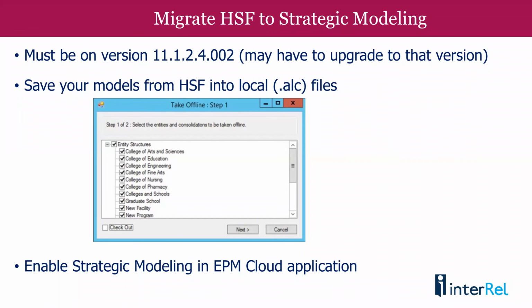Because once again, custom gives me 6 BSOs, 6 ASOs, and now strategic modeling. So our current project, one of the applications that was by itself was for strategic modeling. It was an HSF source cube, and we had to have a module application just so we could have strategic modeling. But now that they enabled it in custom, that's one of the cubes that we were able to migrate 3